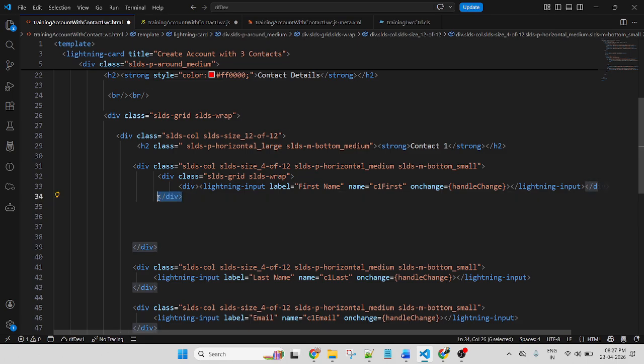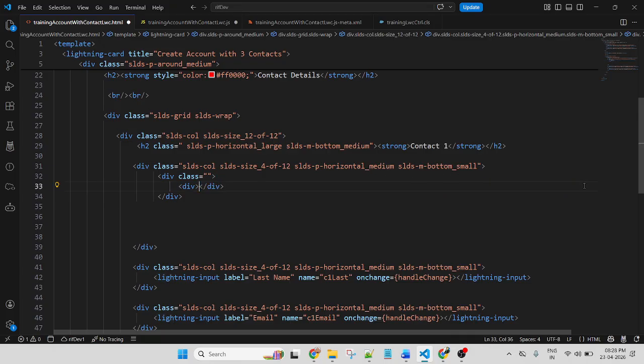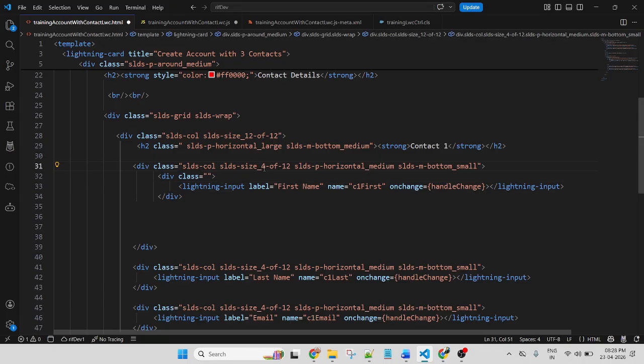So not use here. You can use cut here. SLDS here. Bottom medium. Paste 3 times.